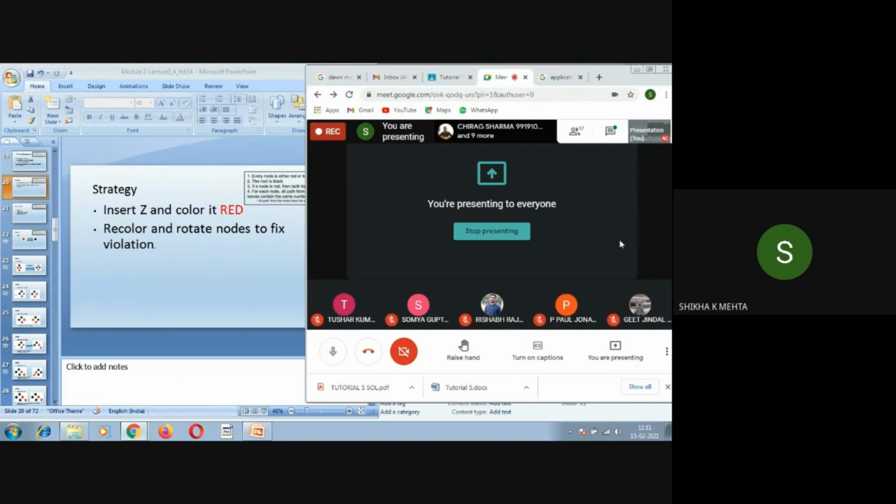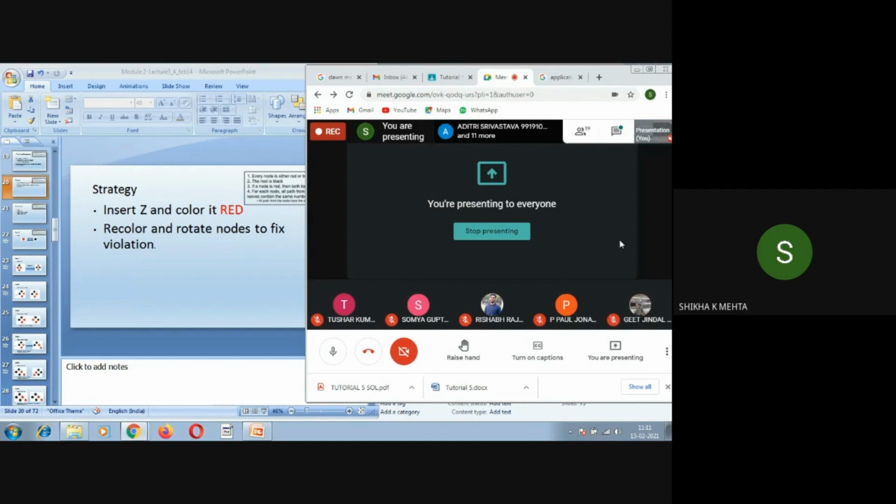So in order to retain that log n time, we are going to balance the trees so that the height of the tree is always of the order of log n. So if the height of the tree is retained of the order of log n, we will be able to perform all the operations in the order of log n. So this is the main idea, the main goal behind taking up all the steps of fixation, that whenever a single property is violated, we apply the fix up operation according to the property